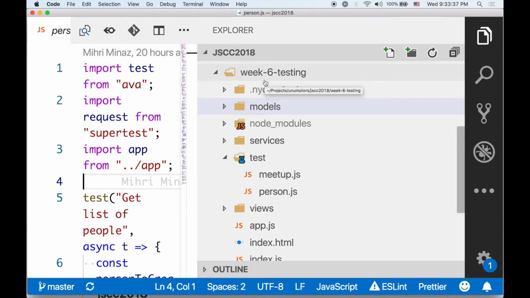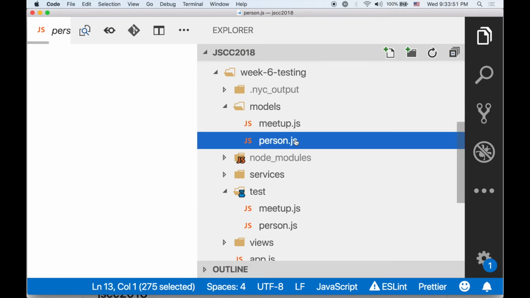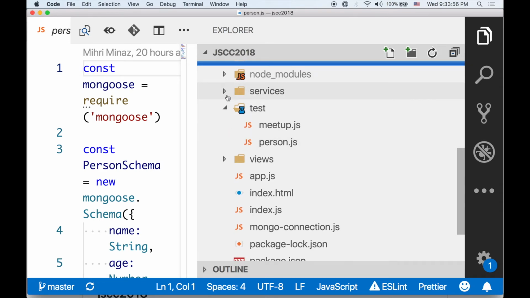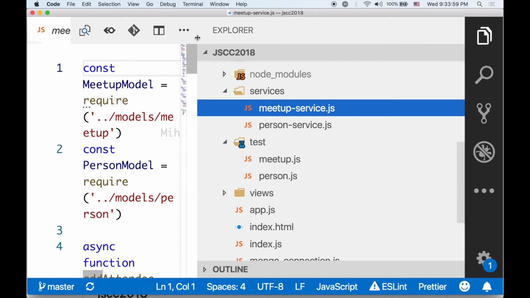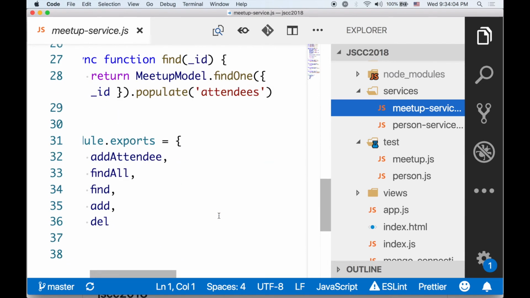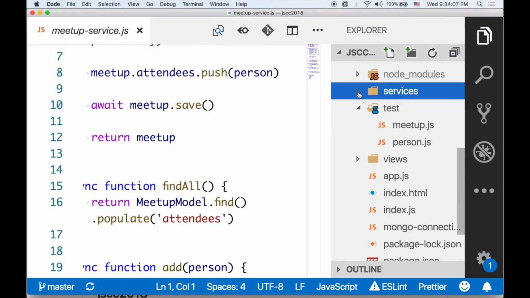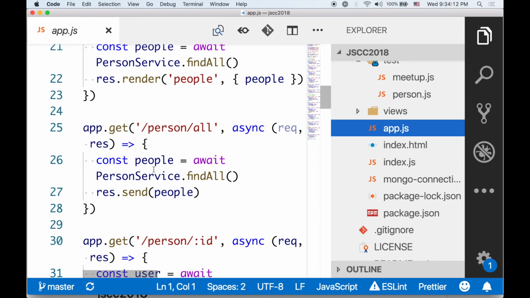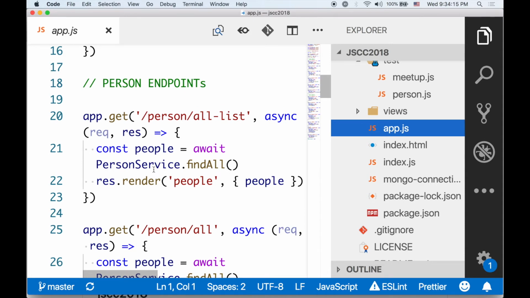So if everyone is done, maybe I can also mention this whole project, what I did, what is different than last week. So models are the same. I didn't change anything. It's like the ones we had last week. And for services, I didn't change anything again. They are all the same. I just added a few more endpoints, because